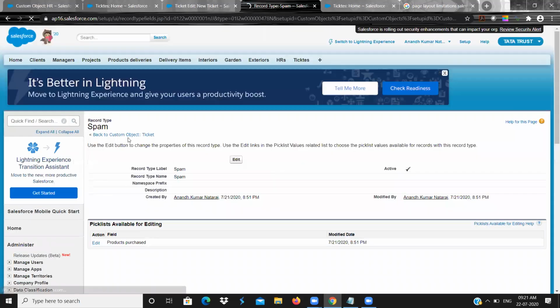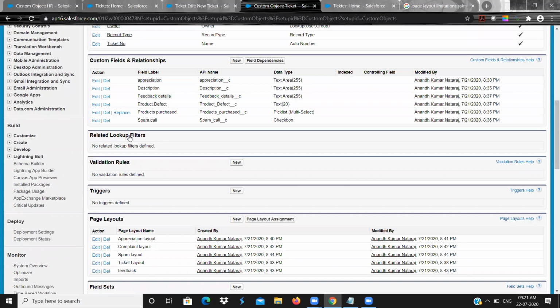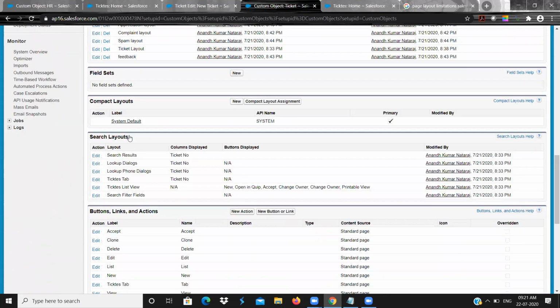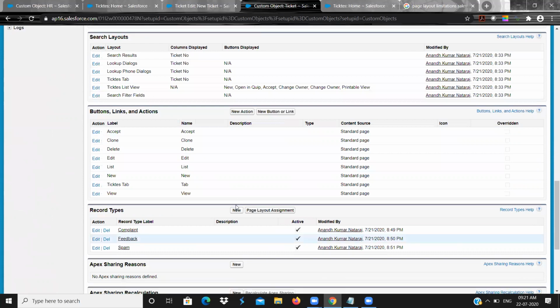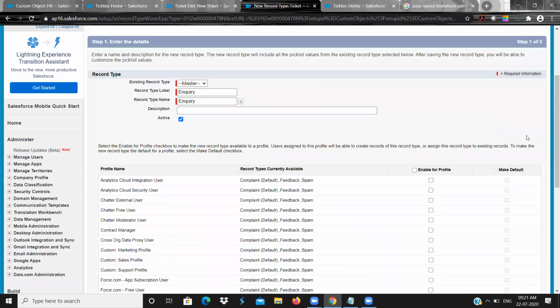Fine. So back to the custom object, next new record type. This record type will be for inquiry. Make sure that it is active. And what are the profiles you want to enable? Right now I'm giving every profile.